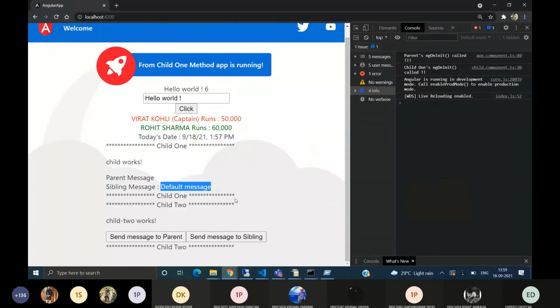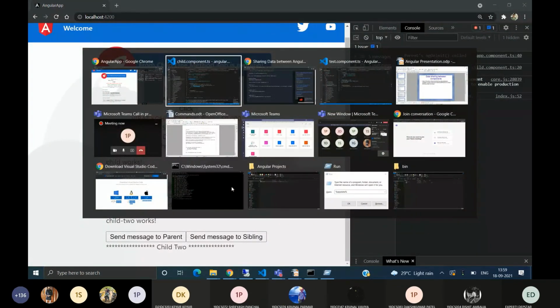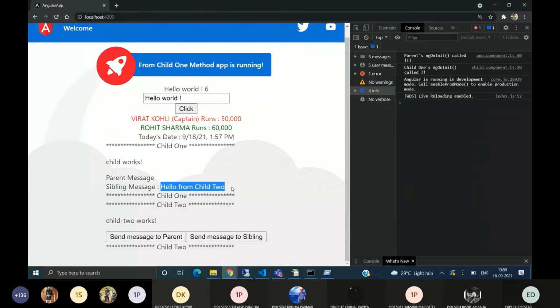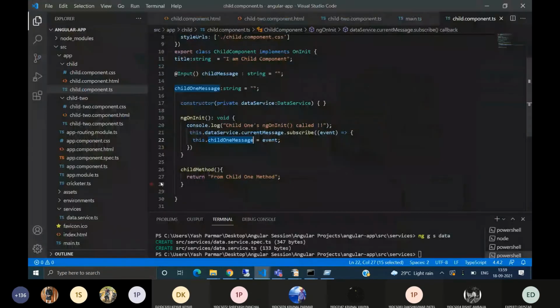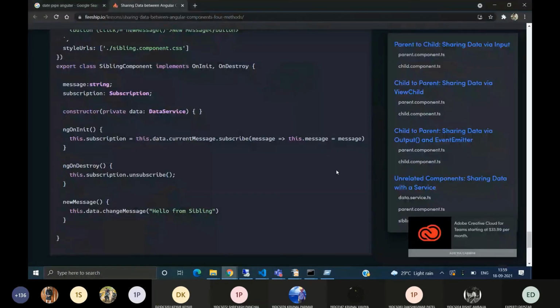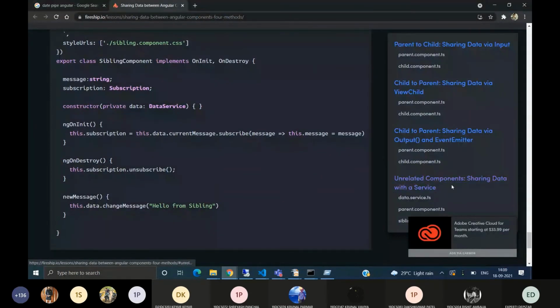So as soon as I click here, this changes from default message to hello from child 2. In this way, data passing works between parent to child, child to parent, and between unrelated components.